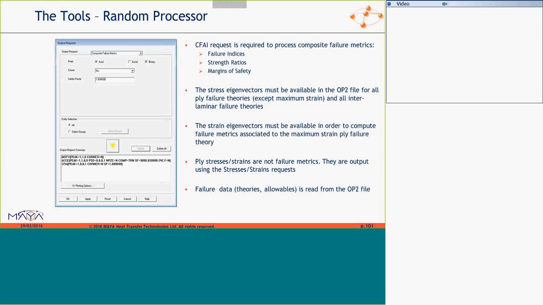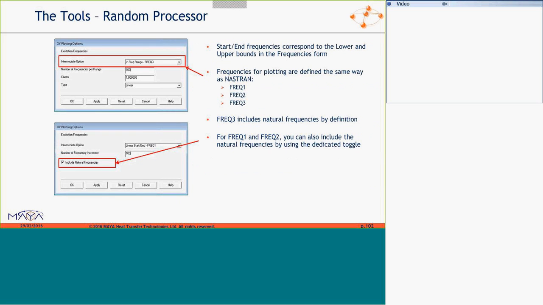Again, the stress eigenvectors must be in the OP2 file. If strain is your failure theory, the strain eigenvectors have to be there. The strains are output using the stress strain output request, directly in the OP2 file. They're in the OP2 file.